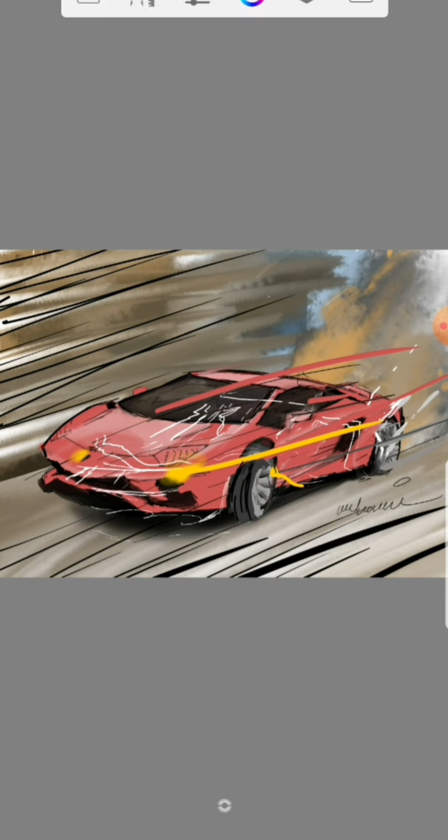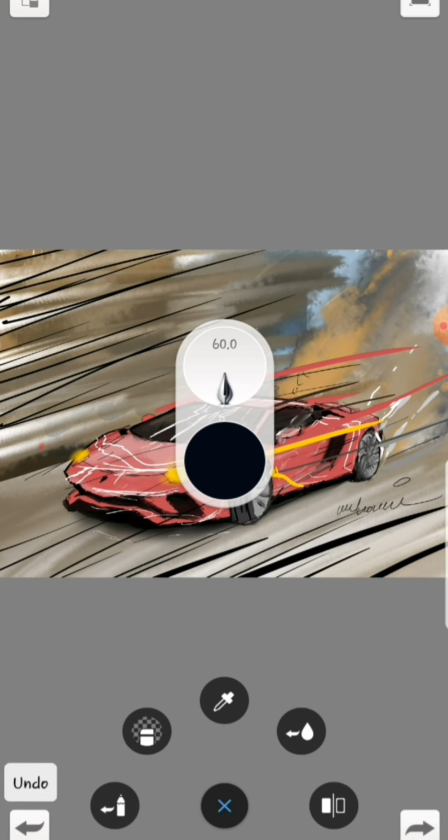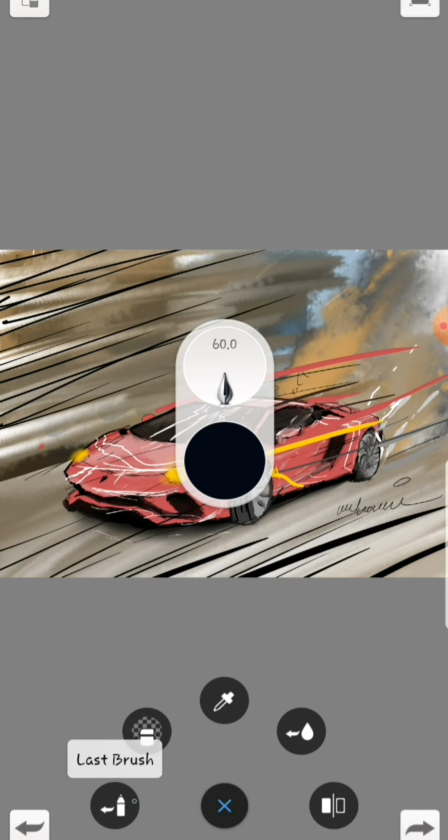By using this button you can clean up the screen, the menu will hide, and you can click it back to make it appear again. So these are the basic things, and for now I'm going to tell you about this small button which is lying under the painting. If you click it, it's a shortcut to many things. Here is an undo button, here is a redo button. Here is a change to the last brush.